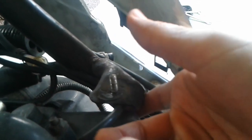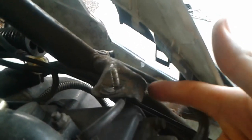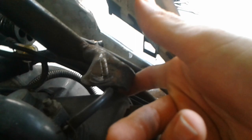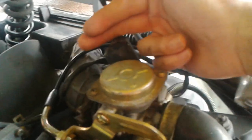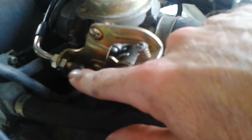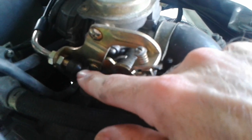Then you want to put it underneath this little bar piece. I mean, you can put it over, but it'll just keep it a little more secure so it won't be flopping around up here above your engine and your carburetor. Feed it around that bottom, around the left side of your carburetor, and then just in the opposite way that you took it off, feed this nipple through that little hole over here,